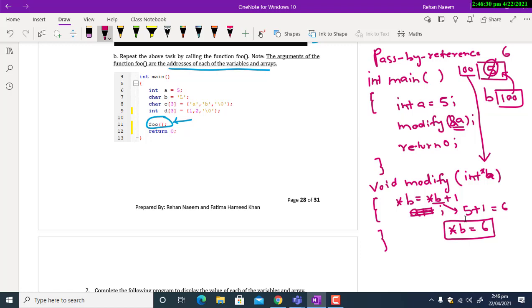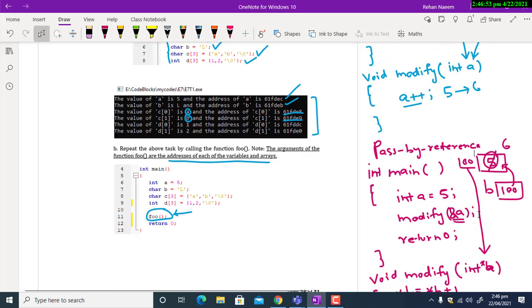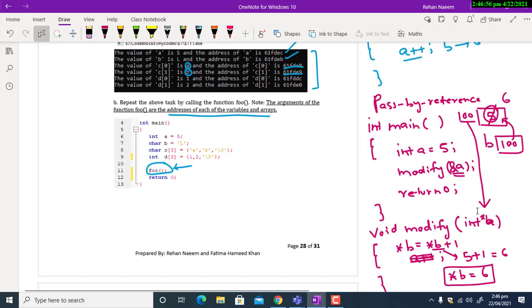In pass by reference, you are passing the address of a variable and that variable is being modified directly. इसमें कोई कॉपी क्रिएट नहीं हो रही और आप डायरेक्टली उसको एक्सेस कर रहे हैं, उसको चेंज कर सकते हैं, उसके साथ ऐड कर सकते हैं, मल्टीप्लाई कर सकते हैं, कुछ भी कर सकते हैं. So this is the main difference between pass by value and pass by reference. In pass by value, copy is being created, whereas in pass by reference, no copy is being created. Rather, you have direct access to the value a. Clear है? ये बात समझ आ गई आपको?